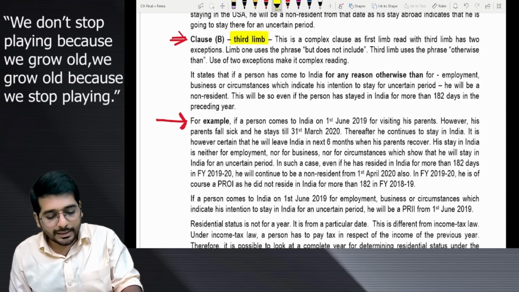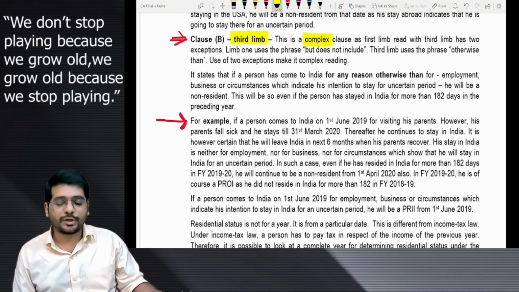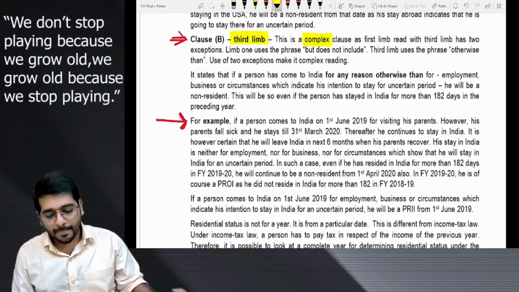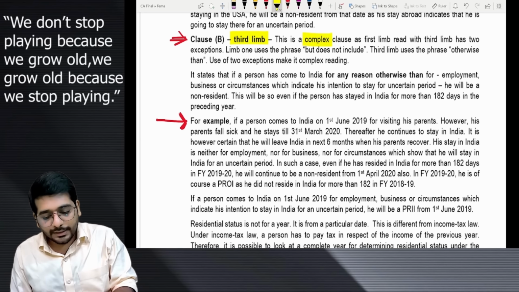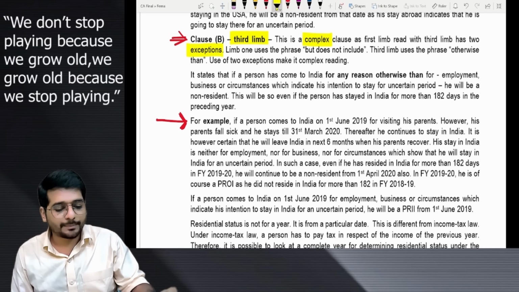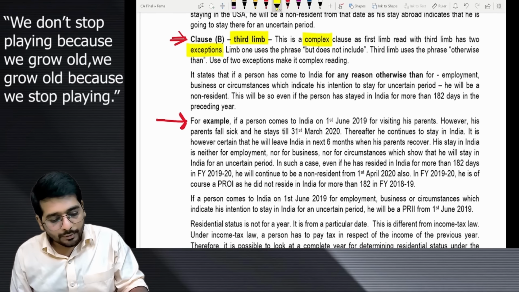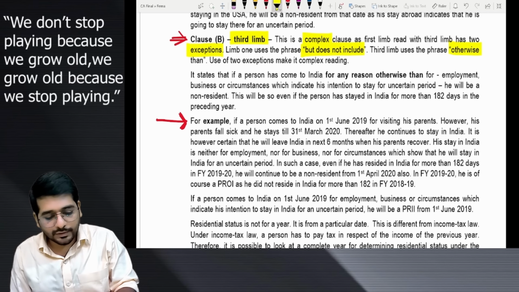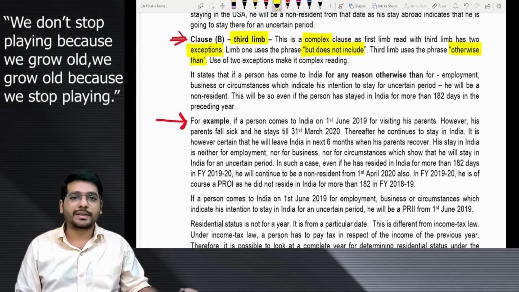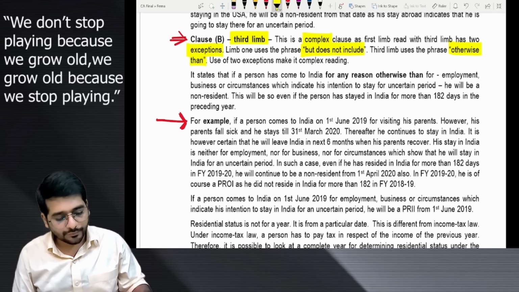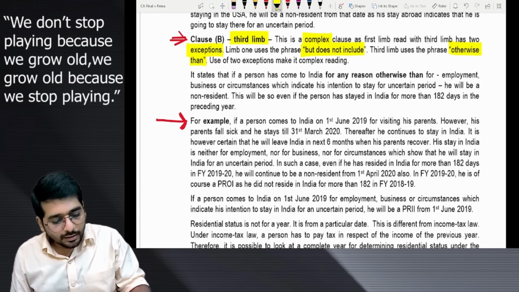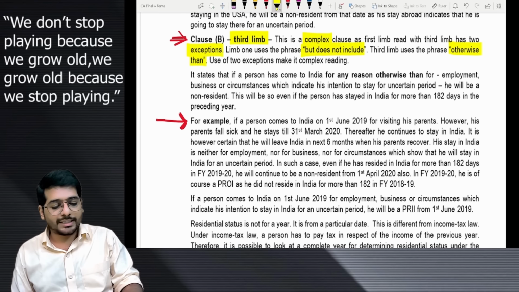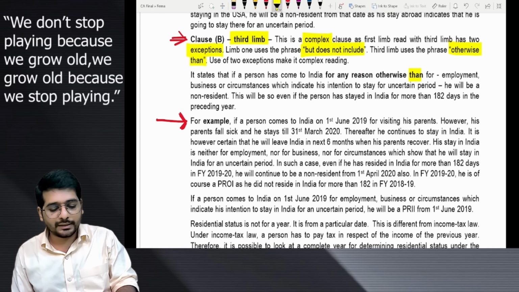The provision in the ICAI material says this is a complex clause, because the first limb read with the third limb has two exceptions. Limb 1 uses the phrase "but does not include". The third limb uses the phrase "otherwise than". For example, it states that if a person has come to India for any reason otherwise than